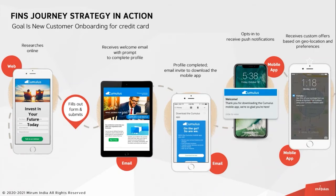the app of the brand. While downloading, the customer again opts in to receive push notifications. The moment he installs the app, he receives a welcome push message. So if you see, we are cutting across devices, we are cutting across channels, and the last channel that this